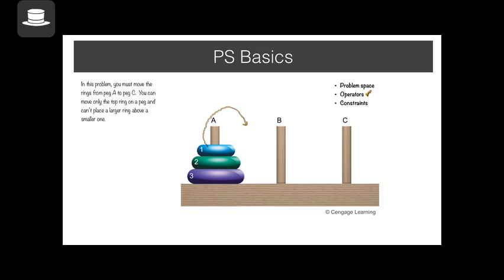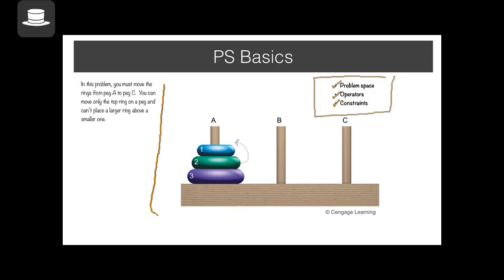Constraints, on the other hand, are the things that you're not allowed to do. In other words, it says that you cannot place a large ring above a small one. That would be a constraint. So we commonly use this terminology to talk about problem space, operators, and constraints. So problem space is this representation of the problem itself,